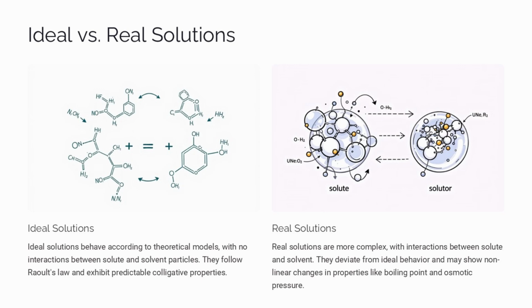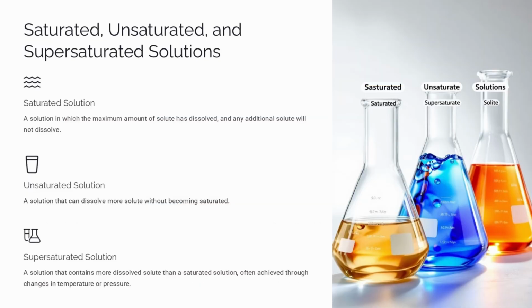Understanding the distinction between ideal and real solutions is important for accurately modeling and predicting the behavior of solutions in chemistry and related fields. The image on this slide shows three beakers representing different types of solutions: saturated, unsaturated, and